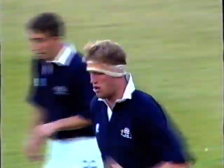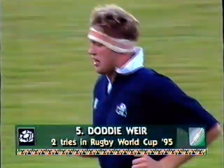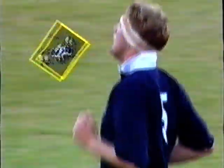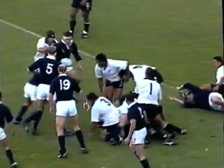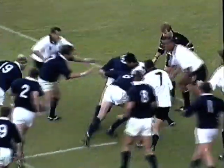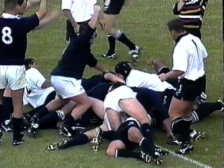And it's Weir again. Well, it was Weir who was in there to profit from a rare mistake by Bishop. And he was so quick. He's agile and so athletic for a second row. And look how quick the Scots were in there. It fell for him, and he just drove. He saw nothing but the All Blacks line, and the Scots were in there to support him, and that's his